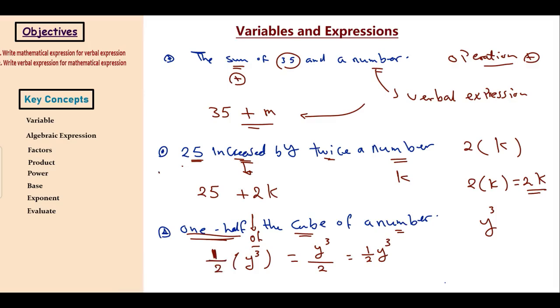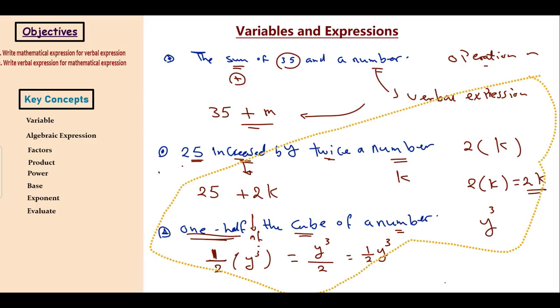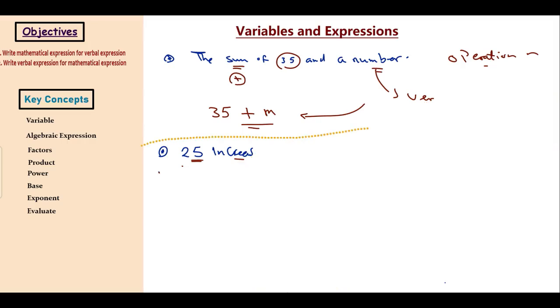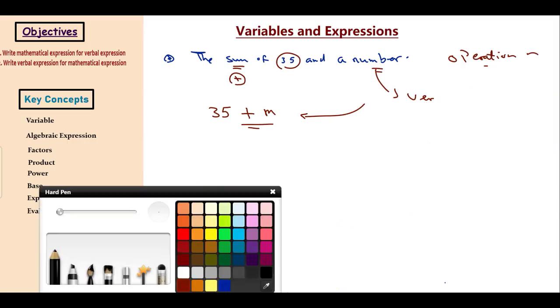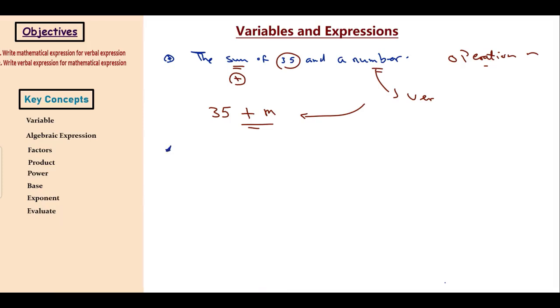Let me try to give us some space here. Okay, something like this. Great. So let's go back to the sentence. Given the sentence, this sentence says the product of 5 and a number